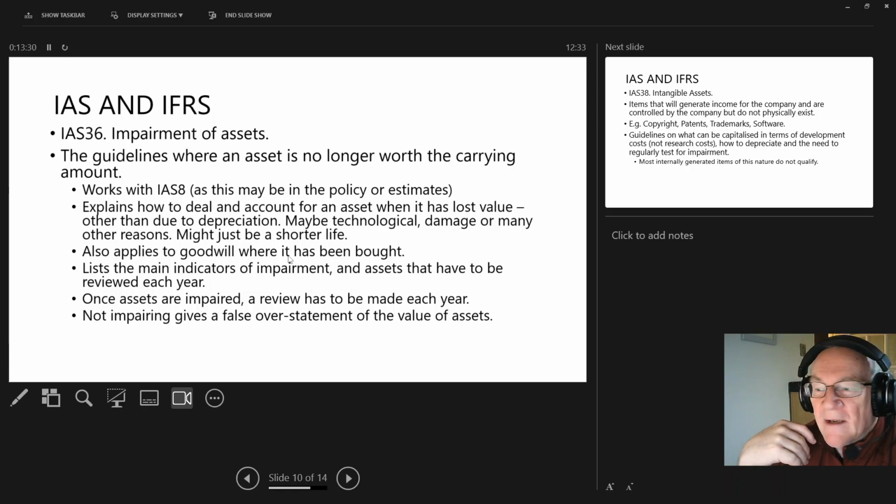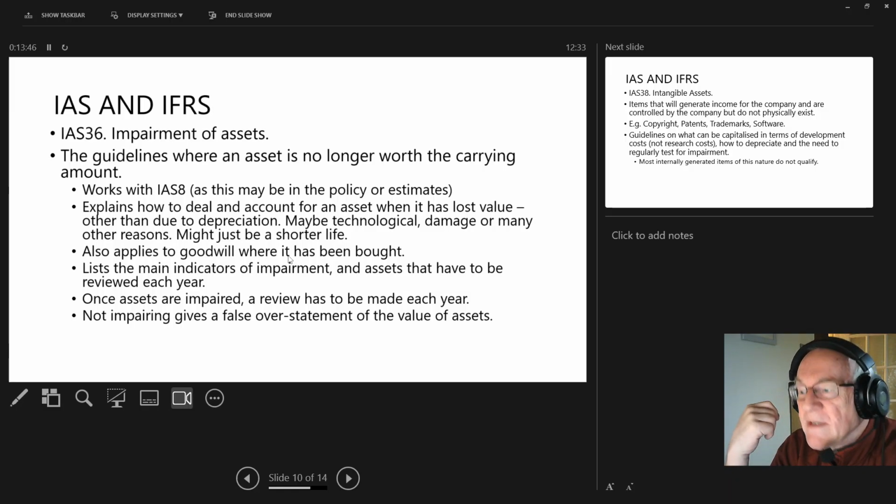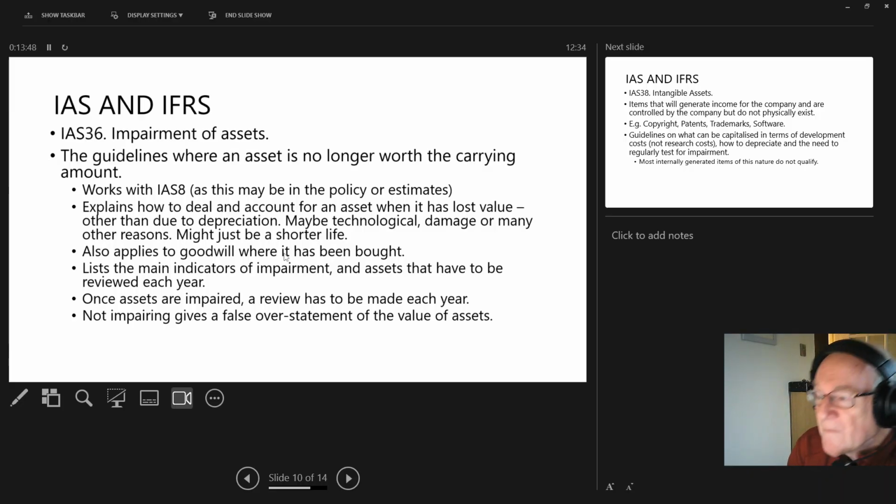Quite often, Dan, I find my level 4 apprentices don't necessarily realise, but when they're wandering around companies, they're being told to look at the assets, look at the value, look at the condition they're in, just to make sure that the numbers going into the accounts are a fair representation of the value of the assets. And of course, the importance is, if we don't impair something, we're overstating the value of an asset, which is bad accounting, unethical, and misleading, and it will catch up with you one day, because those assets one day will be sold at a loss, and then there's some explaining to do.